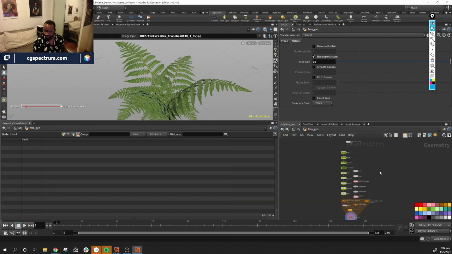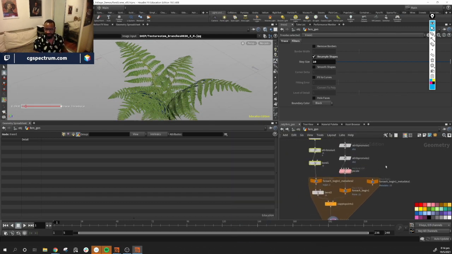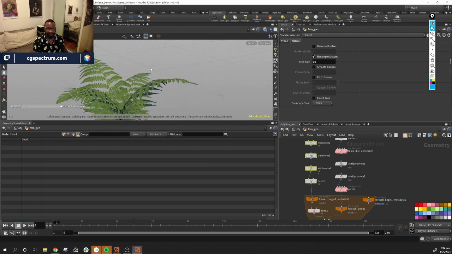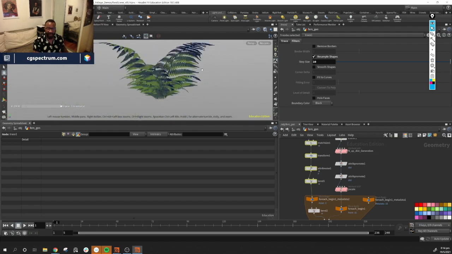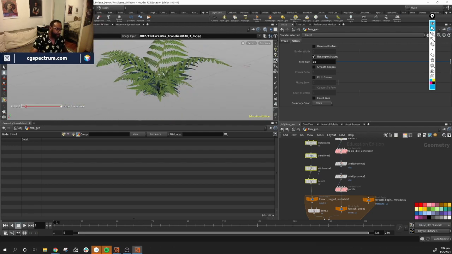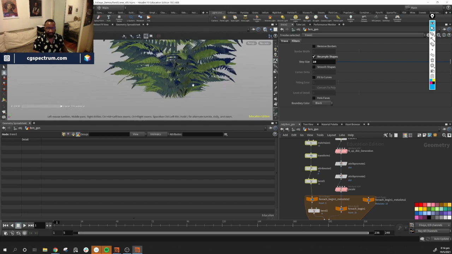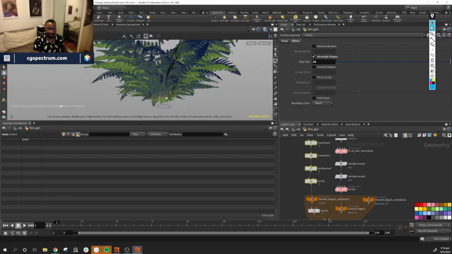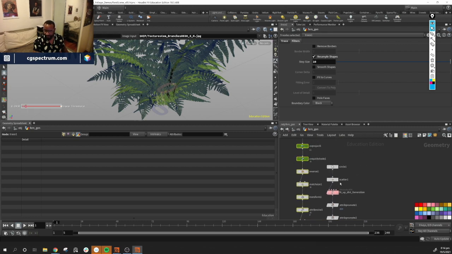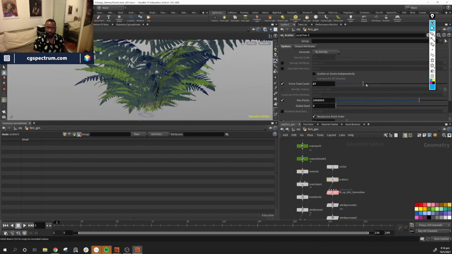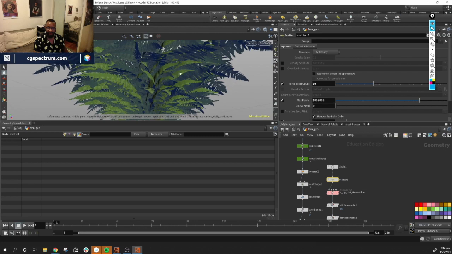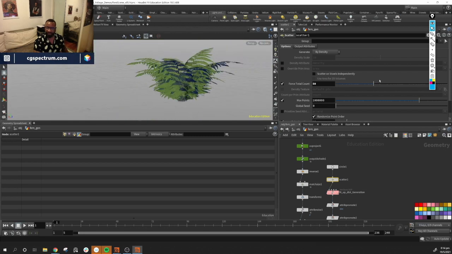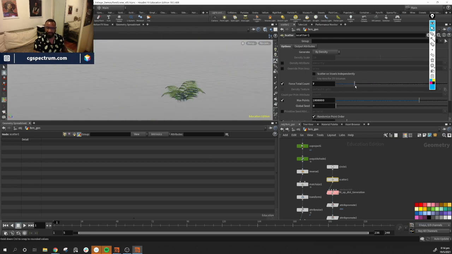Well, let's go ahead and add some randomization into our P scale, right? So I want to randomize my size on top of building this kind of organized center out. The other cool thing about this is I can grab this scatter, and if I want more ferns, if I want a lusher fern, I could do that. If I want a thinner fern, I can do that. I can change my seed, and that'll give me a bunch of different